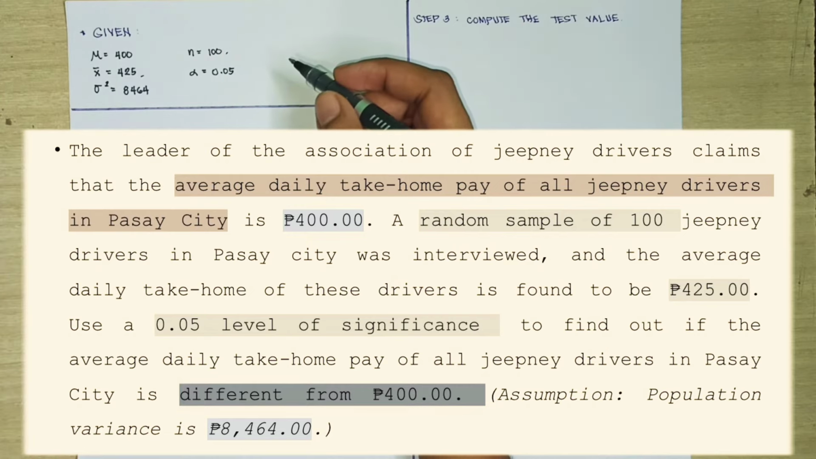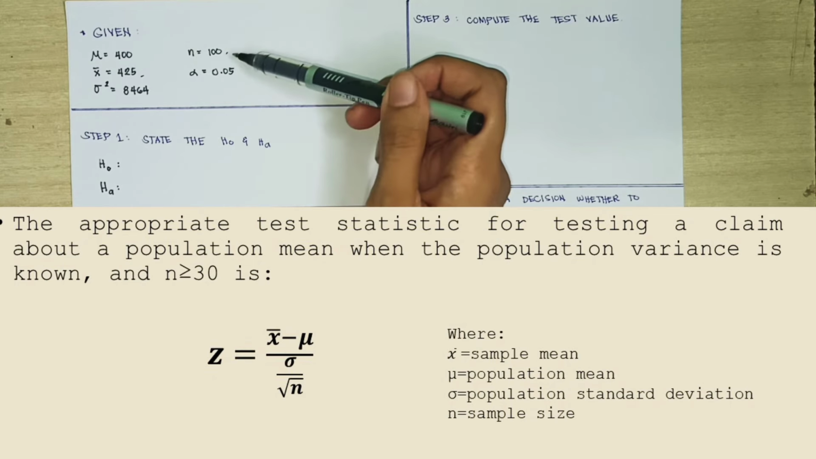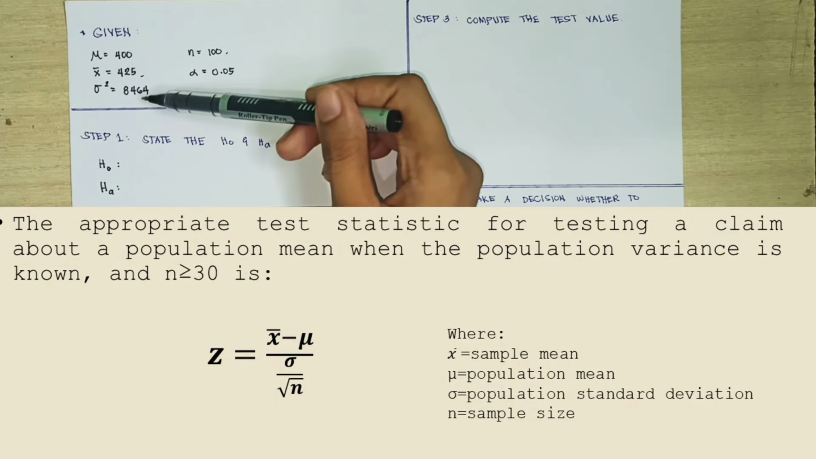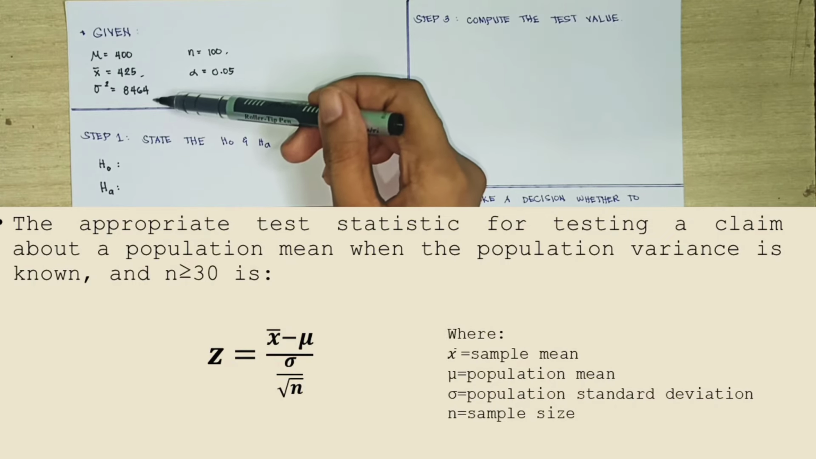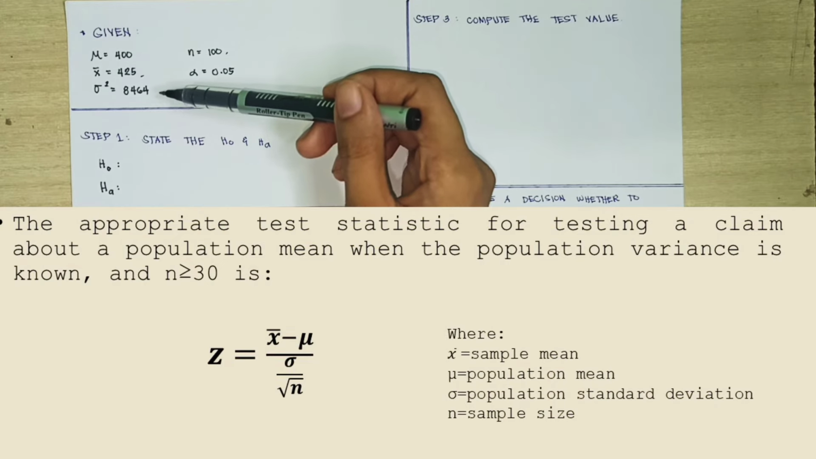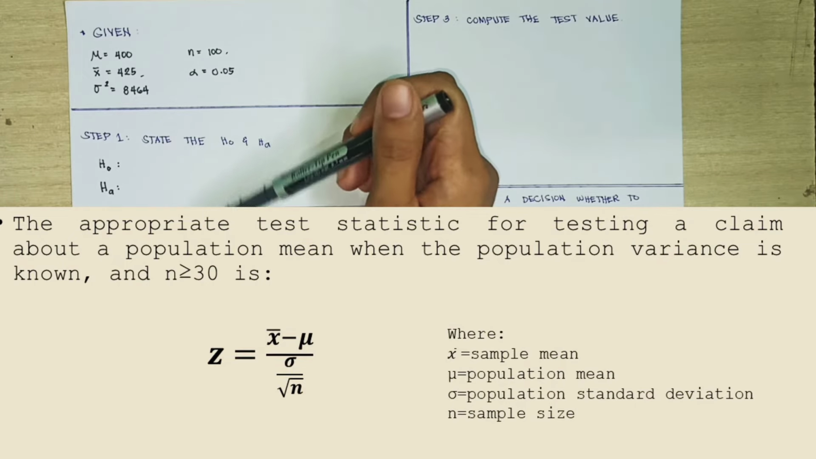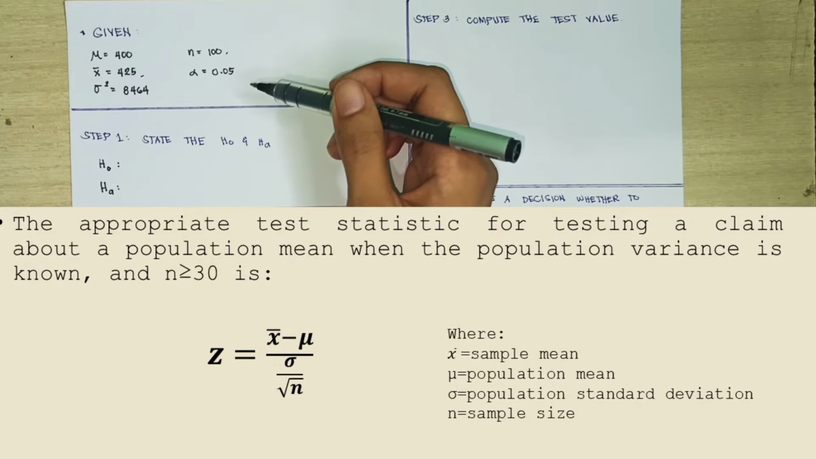8,464. So, balikan natin kanina, no? Sabi natin, ang value ni n is greater than or equal to 30. So, okay tayo dito. N is equal to 100, which is greater than or equal to 30. Next. Given po si population variance. Okay? Given si population variance, which is 8464. So, ibig sabihin, kung ano yung formula na nakita natin kanina, magagamit natin dito sa problem na to. Okay. So, since alam na natin kung ano-ano ba yung mga given,